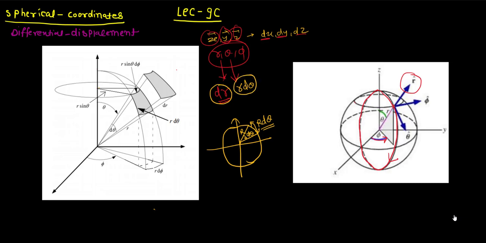Okay, now let's find the length of the element in the direction of phi. Similarly, we will find that. Now here we will go into the direction of phi cap. As I said in the last lecture, the direction of phi would always be parallel to the xy plane, and whenever you move into the direction of phi, you will be tracing this horizontal circle. Here this circle is the direction of phi. The direction of phi would always be tangent to this circle. If you are at this point, then the direction of phi would be this.